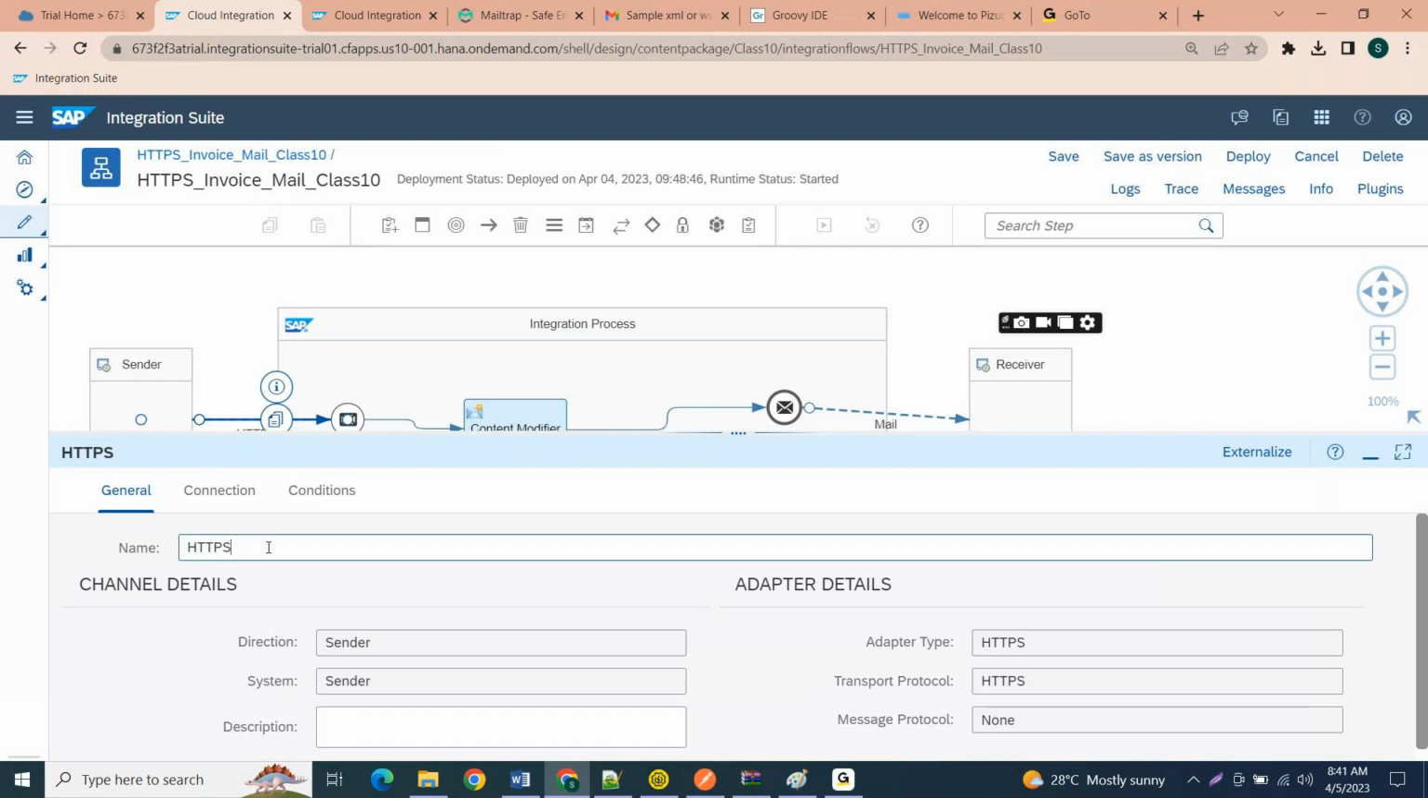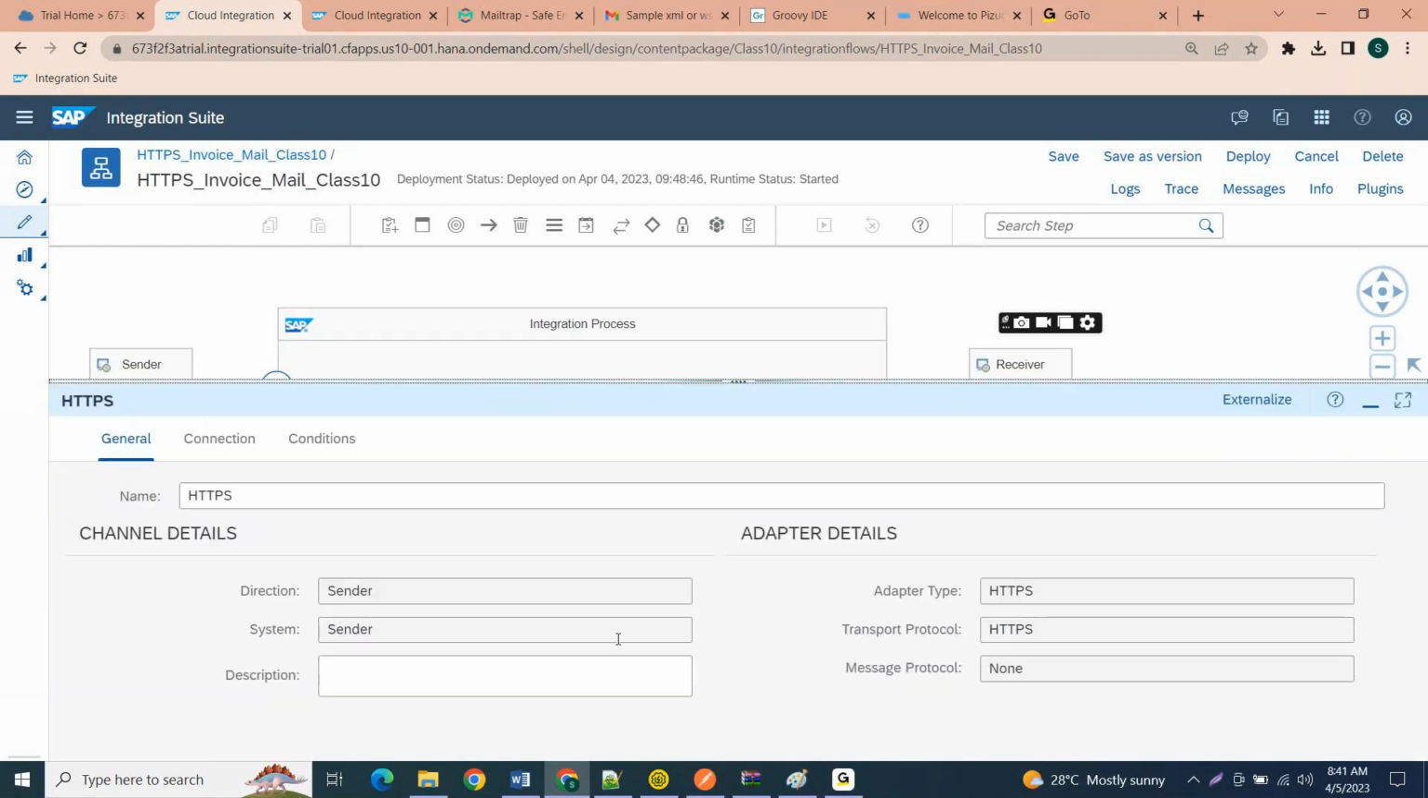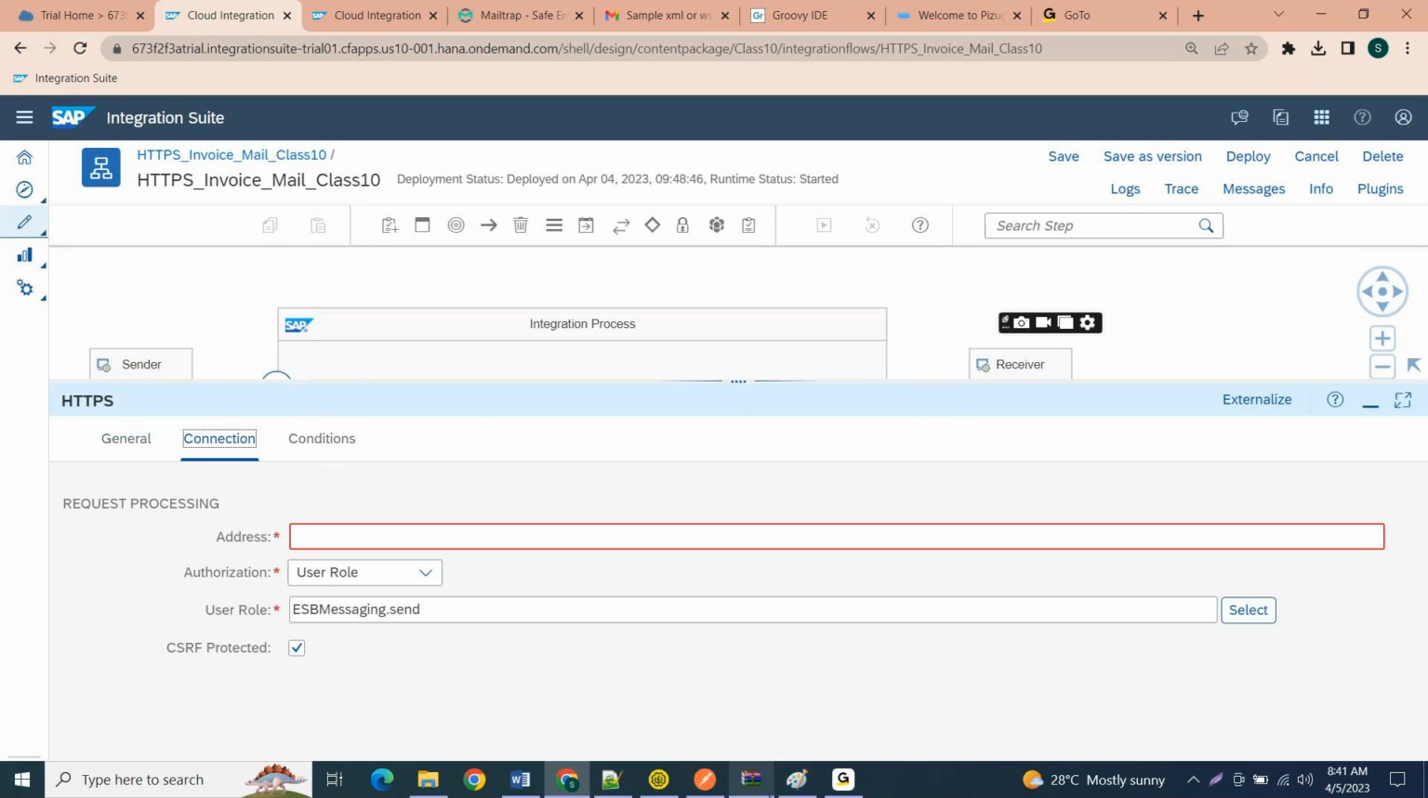So here this is the sender, so the direction is sender, and the system is sender. If you want to maintain any description about the sender system, you can maintain it here, otherwise you can leave it blank. Here the adapter type is HTTPS, the transport protocol is HTTPS, and the message protocol is none, because it is always HTTPS. So here in the connections tab,